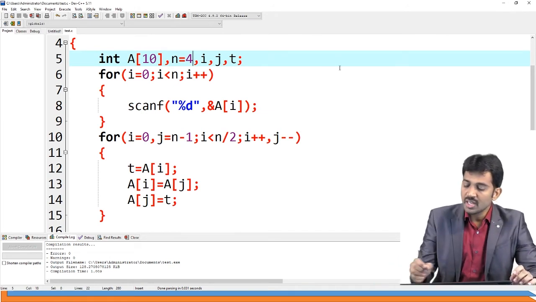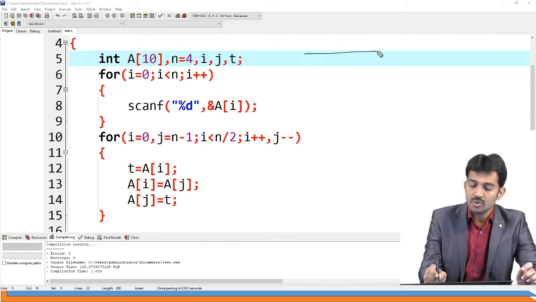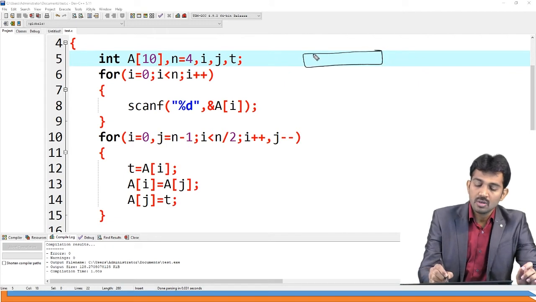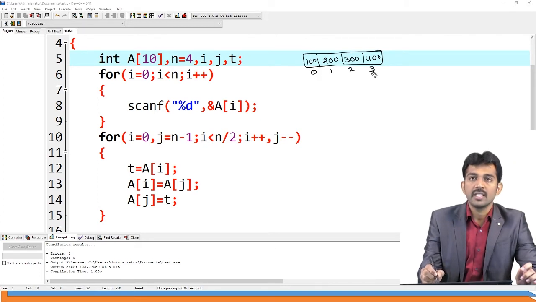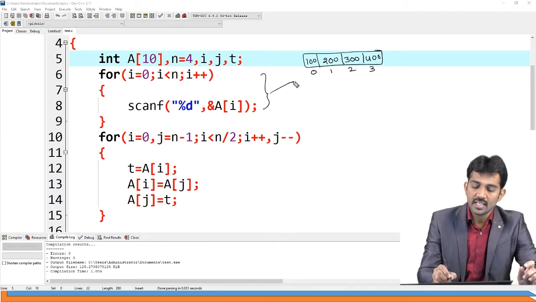Initially, I think you already know, it is going to store like this: first one is 100, 200, 300 and 400. This is the 0 index, 1 index, 2 index, 3 index. Is this clear? So after this statement, you have this array.